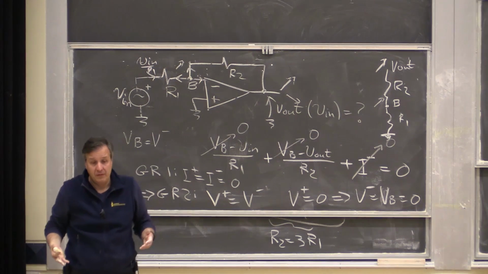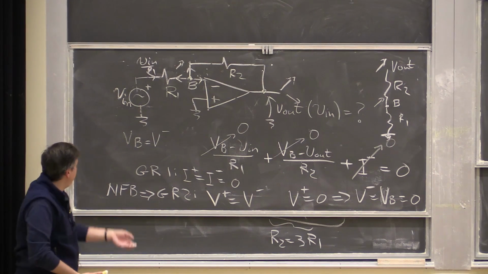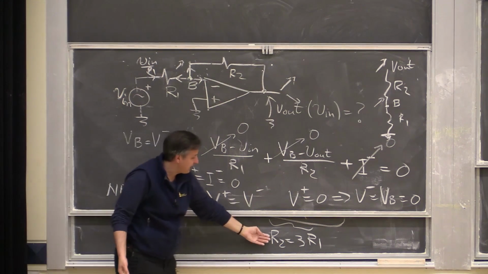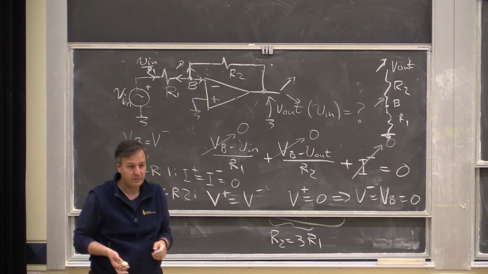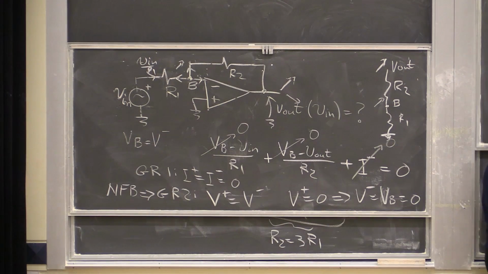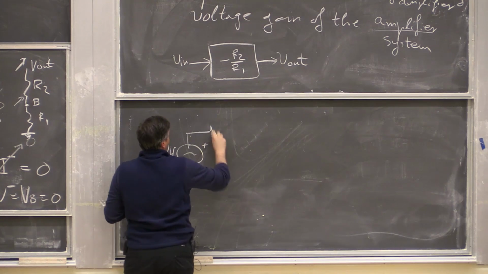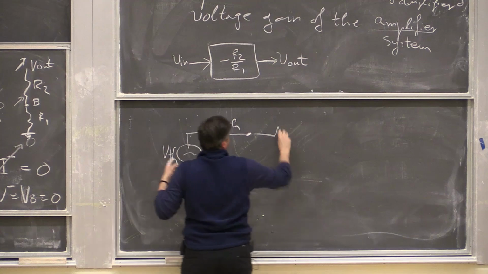Well, that's not good, because that means if I have some circuit in front of this circuit, the amount of current it needs to provide will depend on my choice of R1 and R2 here. And I could have had the same exact gain, but had a smaller R, and that would change the result. Right. Think about the previous circuit being a simple V Thevenin, R Thevenin, right? If I now add my inverting amplifier,